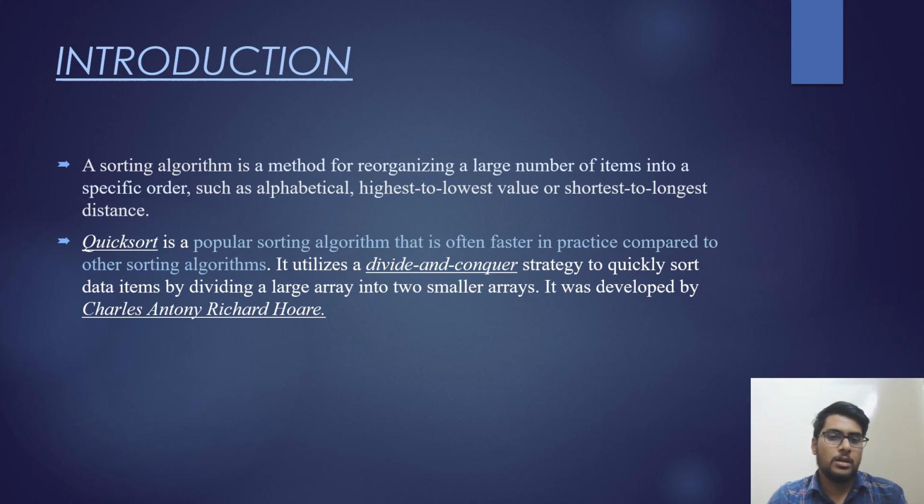A sorting algorithm is a method for reorganizing a large number of items into a specific order, such as alphabetical, highest to lowest value, or shortest to longest distance. Quicksort is a popular sorting algorithm that is often faster in practice compared to other sorting algorithms. It utilizes a divide and conquer strategy to quickly sort data items by dividing a large array into two smaller arrays. It was developed by Charles Anthony Richard Hoare,